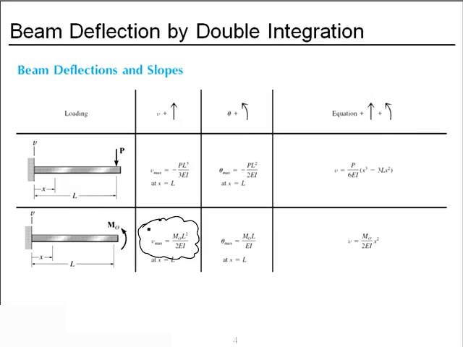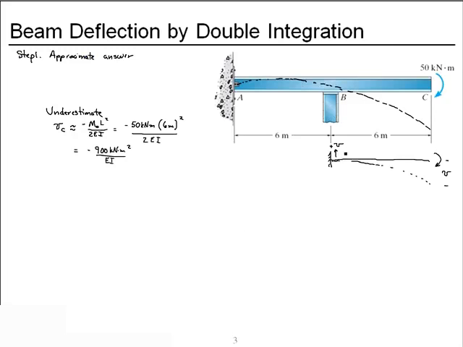And there's a formula for peak deflection or deflection at the end for that situation. We use that approximation for the real situation to come up with an underestimate or a lower bound on what the deflection would be, but it also gives us an order of magnitude to compare against at the end of